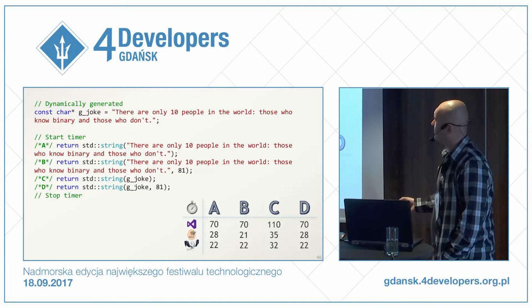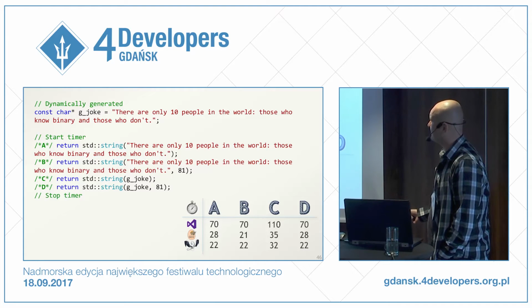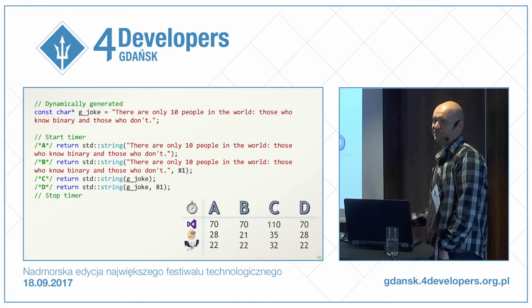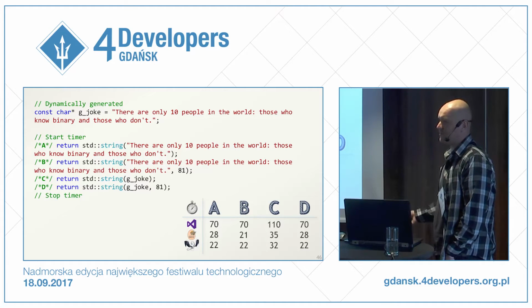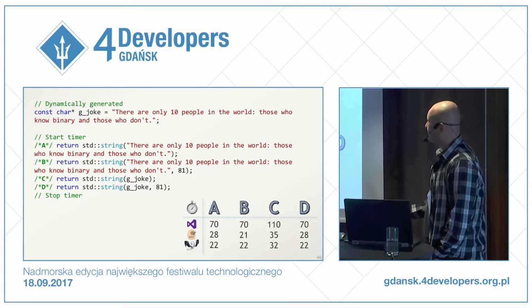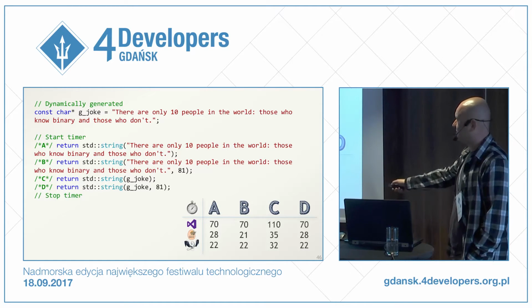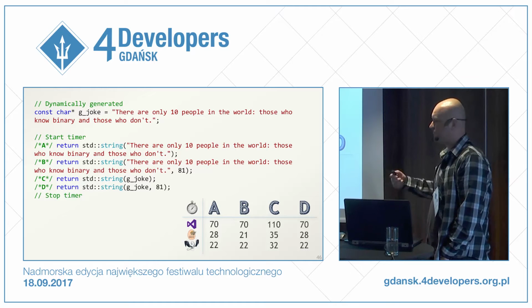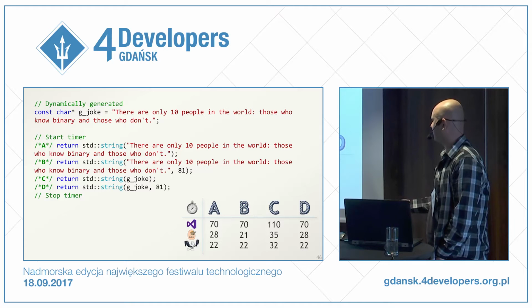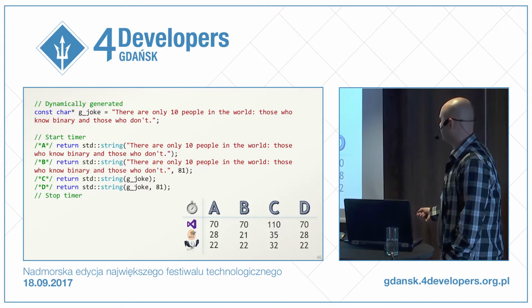And now for the first case, when we have a string literal, those times for Clang and GCC are strictly the times needed to allocate and deallocate the memory, practically. Visual Studio does something more. In the second case, it's pretty similar. A dynamically built string actually forces GCC and Clang to pre-compute the length, so the times are slightly bigger. And in the last case, the value drops.